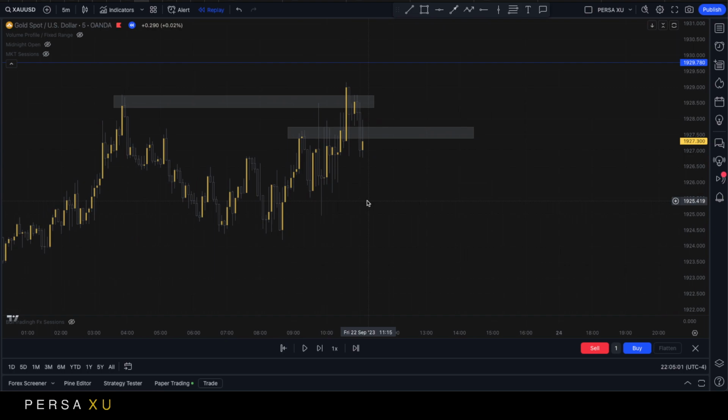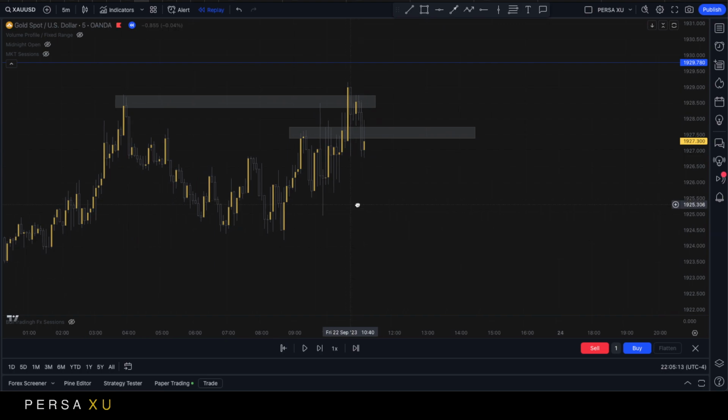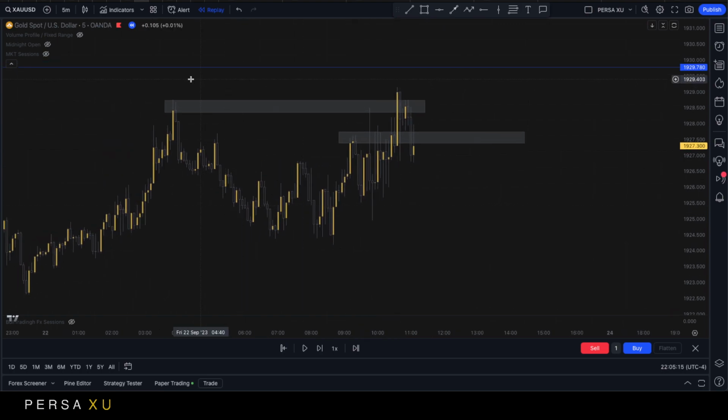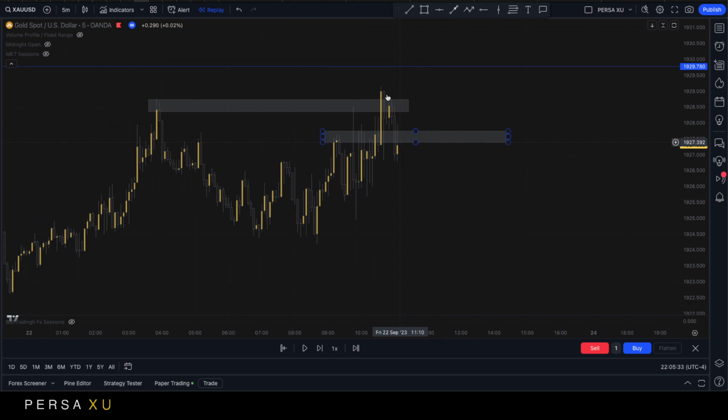Now, keep in mind, I have a general bias. I already analyzed the market on a daily and a 4-hour chart time frame. We have already determined that this area is a strong resistance. It's a failed area in which the market last week could not close above these price ranges, right? So it's starting to make sense.